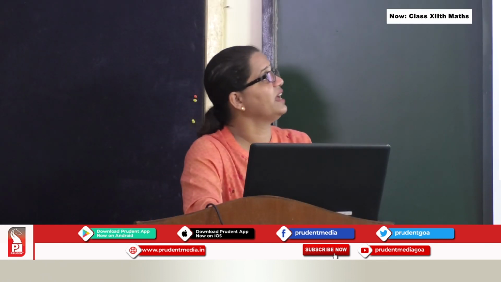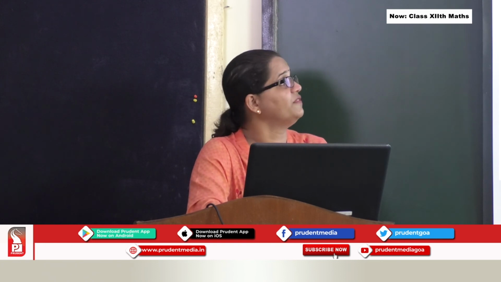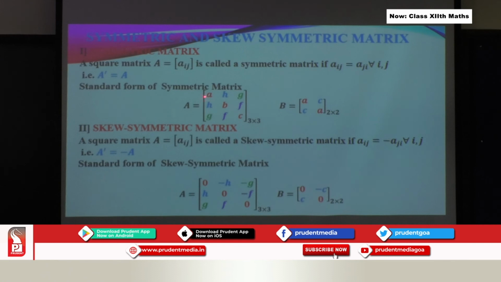Now I have given you the standard form of a symmetric matrix. This is very important. When you talk about the standard form, look at the pattern of this matrix, and I said this has to be a square matrix. Here I considered a matrix of order 3. Along the diagonal you have A, B, C, 3 different numbers. Now look at this: this is equal to this, so these two entries are supposed to be the same. I mean to say A21 is supposed to be equal to A12.